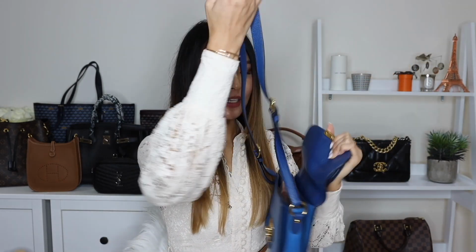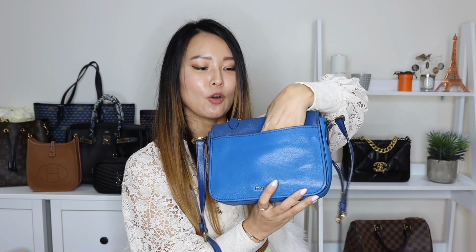It is a very similar bag to the Louis Vuitton mini pochette, and I'll show you why. It's because when you open it, it's got the three sort of compartments, very similar to the pochette Métis. Comes with a shoulder strap, so this one's not detachable, but it is adjustable. But if you don't want to use the shoulder strap and you don't want it hanging, you can always just put it inside like I had before, and it doesn't take up too much space. You can use it as a completely top handle bag, and at the back it's got a slip pocket and